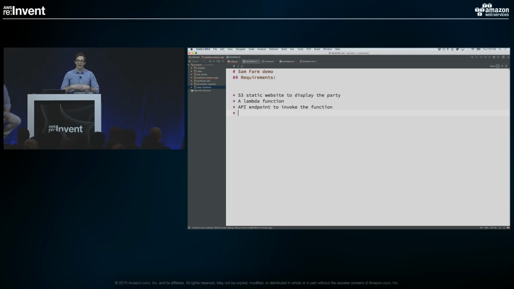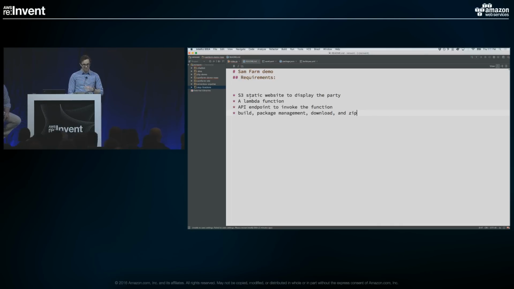And the very last thing is I have dependencies I'm taking into this function. I have a node module. I'll go over it in a little bit, but I'm taking a node module called moment, which involves getting date information. I don't want to zip this up. I don't want to do anything with that. I just want to have a repo with my code, and I want something else to build this, package this, and deploy this for me. So I need some sort of building and package management. Build, package, download, and zip. So that's what we're going to get to, the CodeBuild part, and we'll get to that in a second.